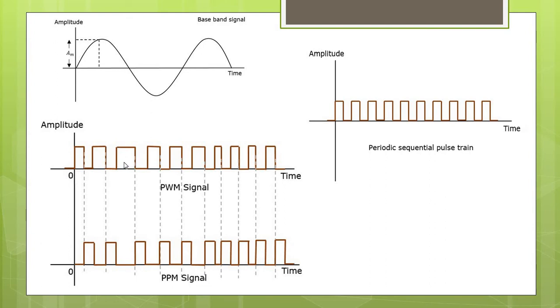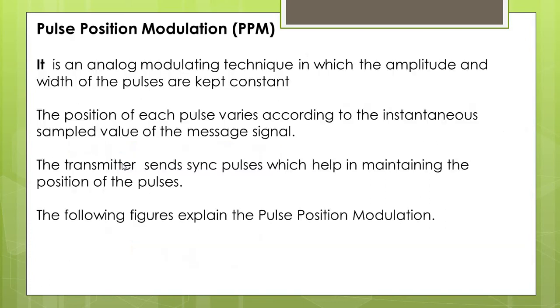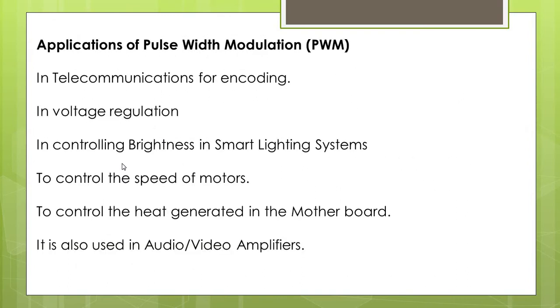In this larger width of the pulse, a lot of power is wasted. But these pulses also carry the same amount of information as the smaller width pulses. So the disadvantage of pulse width modulation is the larger width pulses. In the larger width pulses, a lot of power is wasted. So that is the biggest disadvantage of pulse width modulation. So this disadvantage is overcome in the next topic, that is the pulse position modulation.